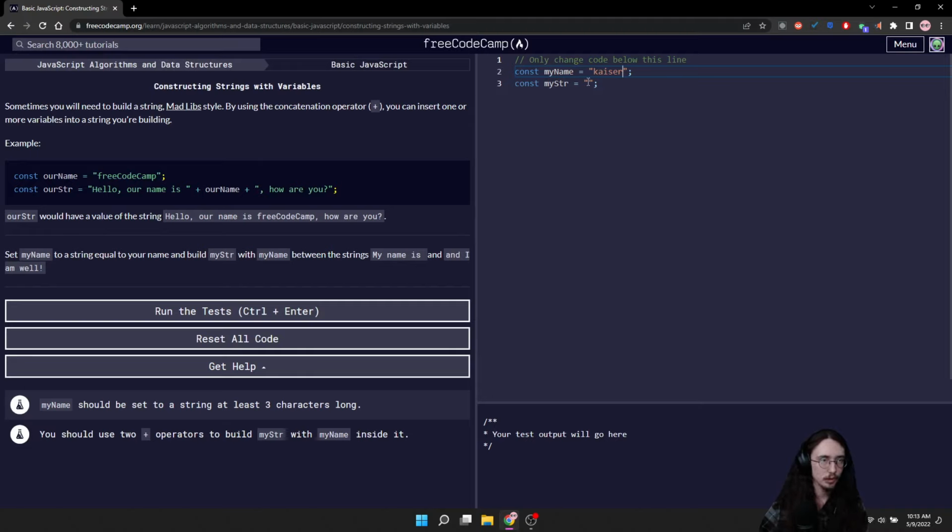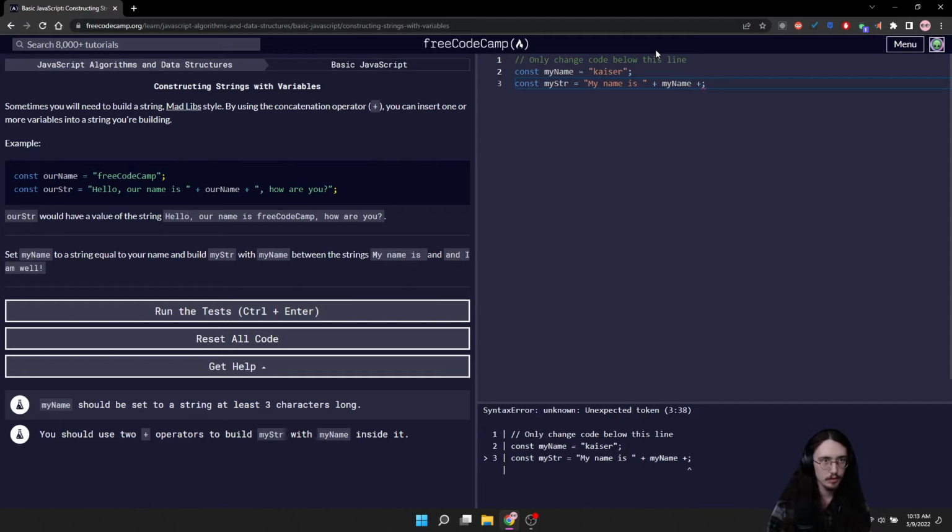So what we're going to have to do here is on the myStr variable, we are going to first type in "My name is ", and we're going to add a space, and then we're going to use the plus here, and we are going to give the value of myName, and then another plus to add on the other string here, and we're going to open up another set of quotes for the string, and the third string or the final string here is